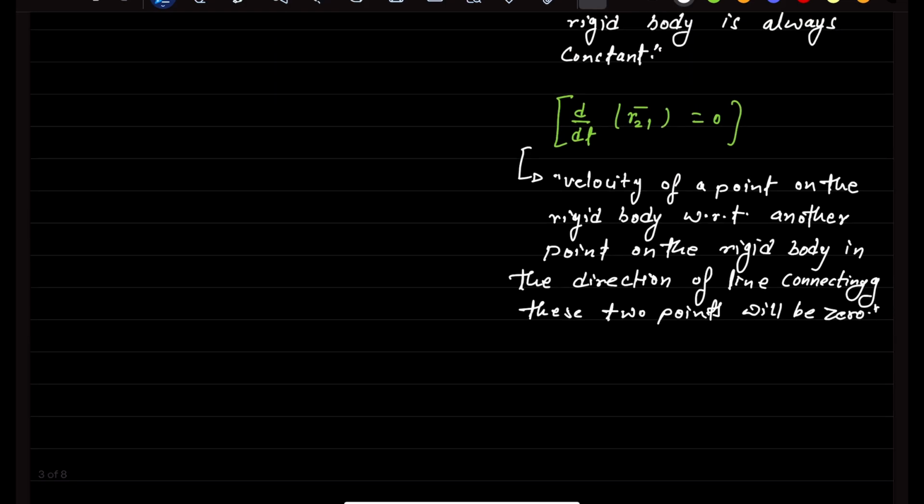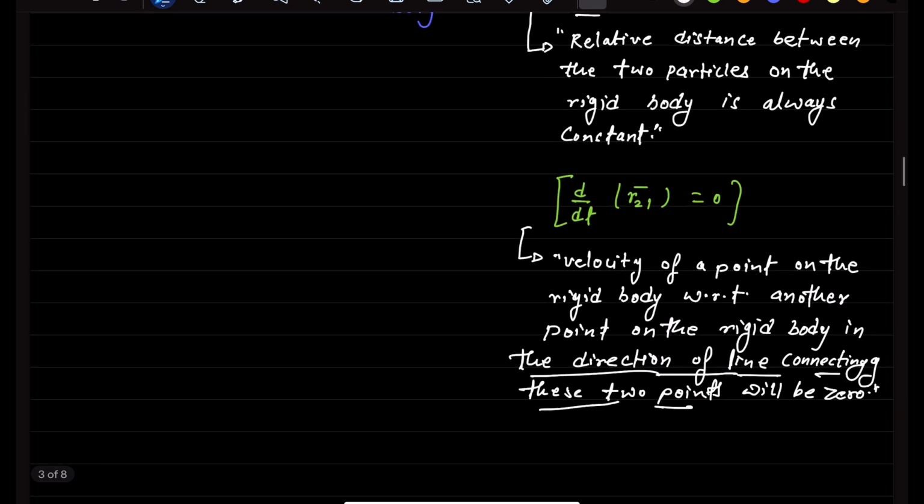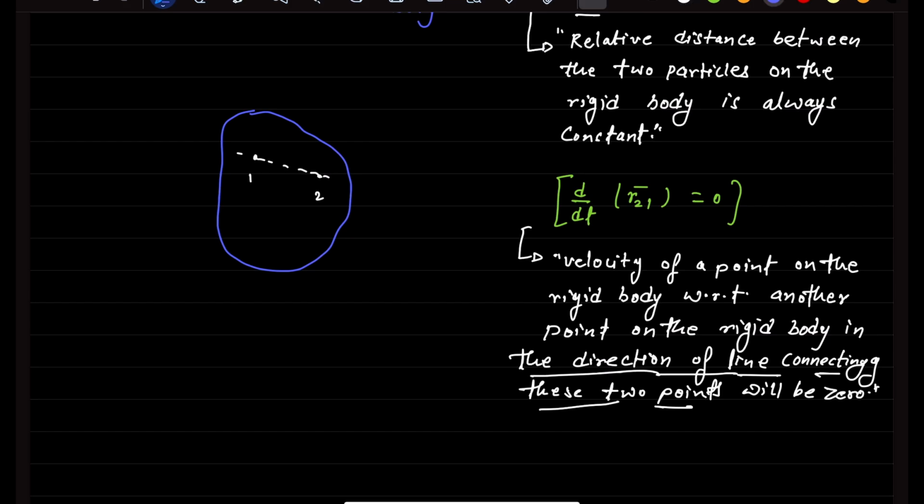Okay, so this is about the rigid body. So if you take a body, again I am drawing it, let's take an unusual shape of rigid body, any kind of shape. So this is a rigid body. There are two points, point 1 and 2. They cannot have any velocity in the direction of the line joining point 1 and 2. But still point 2 can rotate with respect to point 1. Yes. So in a rigid body, if there are two points on the rigid body, the second point can do circular or rotational motion with respect to the other point, right?